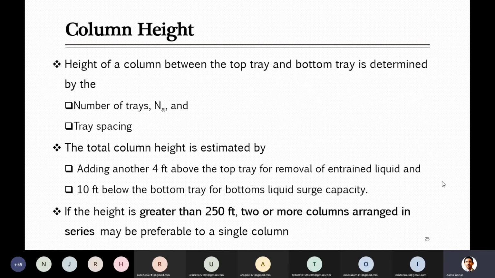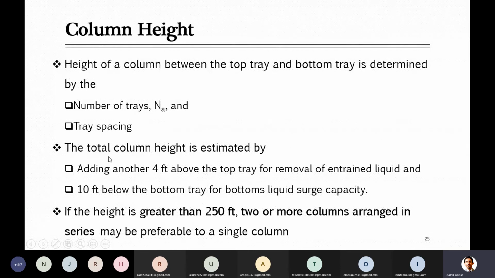After finding the efficiency, initially you know the theoretical number of trays, then we studied different methods to determine the efficiency. So when you now know the efficiency, you can just use the theoretical trays and efficiency, and in that equation the only unknown is the actual number of trays. After finding the actual number of trays, you have to decide what the tray spacing should be, so that we know how far apart the trays should be placed, and based on that you can find the height of the tower.